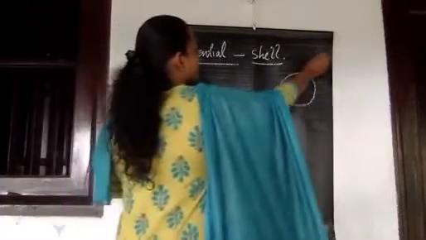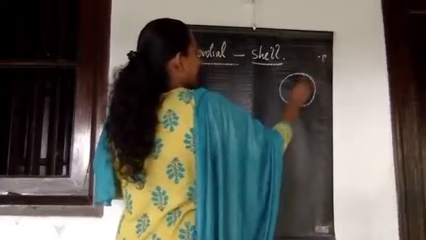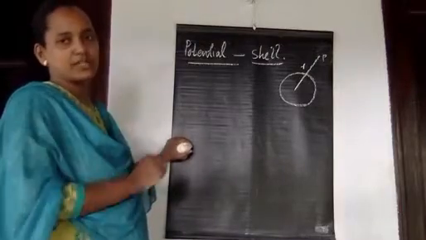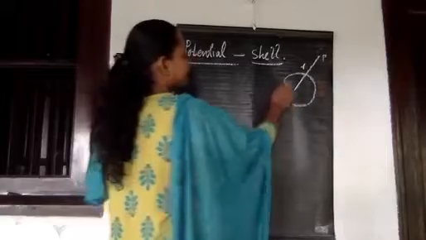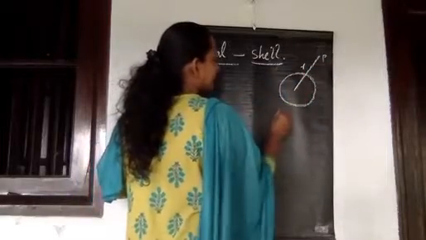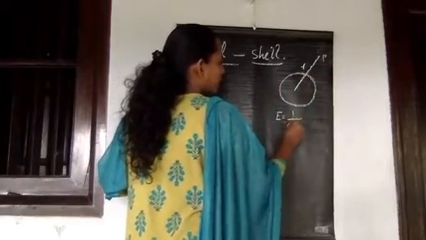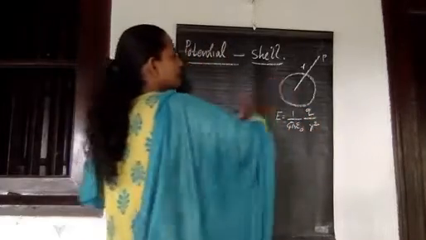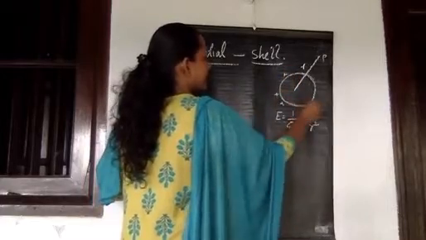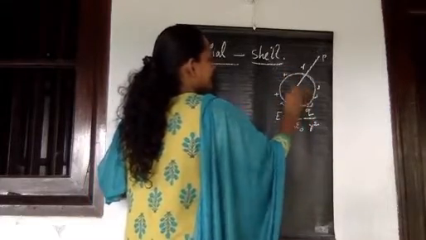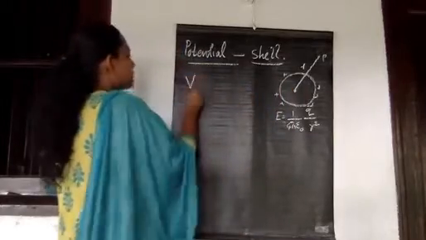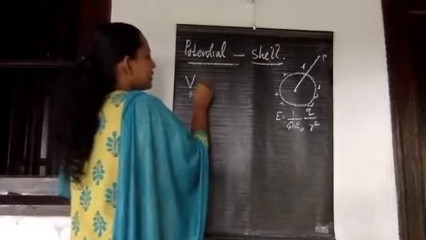And then the electric field at a point P outside the shell at a distance r is just equivalent to the electric field due to a point charge. The electric field due to a spherical shell at a point P is E equal to 1 by 4 pi epsilon 0 q by r square, which is equivalent to the whole charge of this body getting concentrated at its center. It is just behaving as a point charge. Am I right?